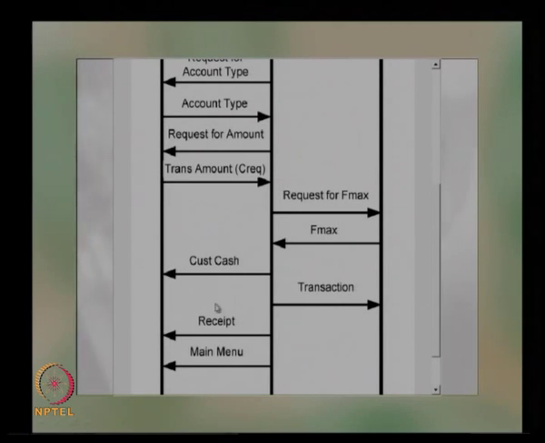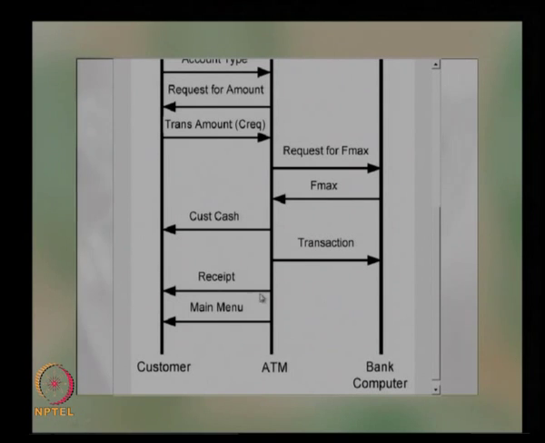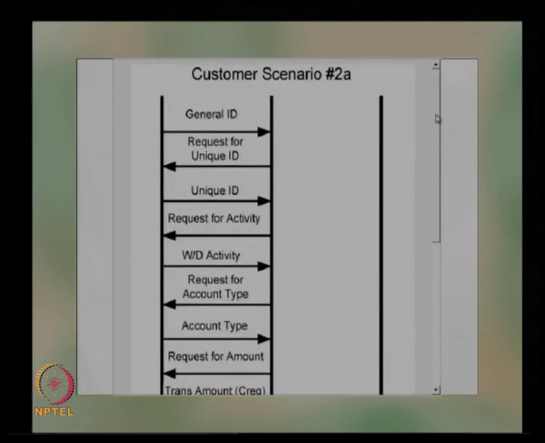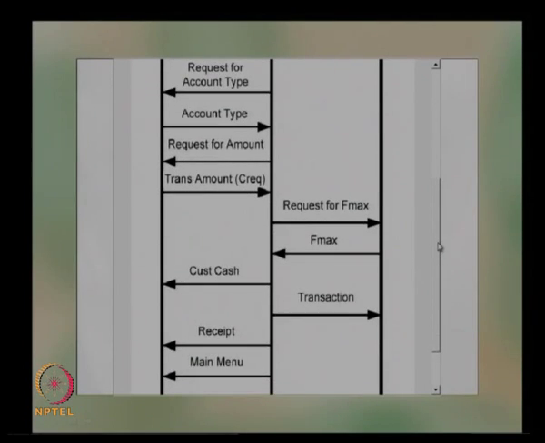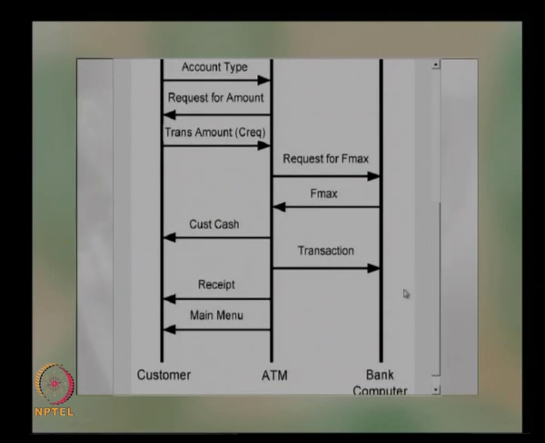Again it tells you that there will be a provision for the ATM to count the currency and then dispose or give the currency to the customer. The next receipt is provided, the transaction details are sent back to the central server, and the receipt is provided, and then it will go back to main menu. So, these are the different activities taking place during this particular transaction. Similarly, for all the scenarios we can identify the input and output requirements, and these requirements can be placed as part of the originating requirements.